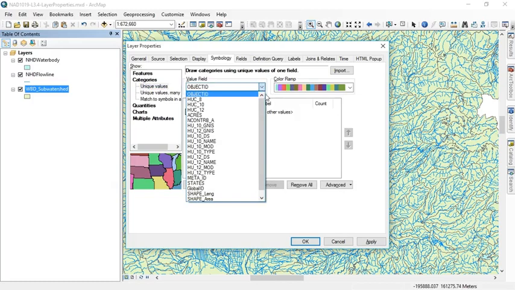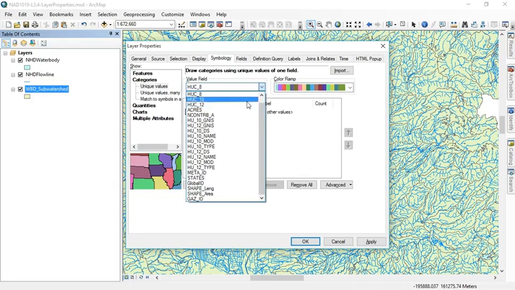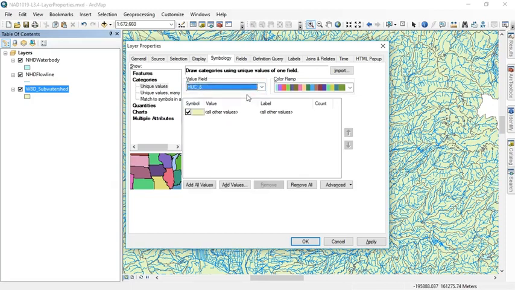And in this case, I'm going to select the HUC8 field. Now, the HUC8 field is an identifier for these records, but it's not unique amongst every feature. The HUC12 field right here is the unique identifier. The HUC8 field instead groups them into larger groupings. So what we're going to do is assign a color and we'll see kind of a spatial pattern of groupings